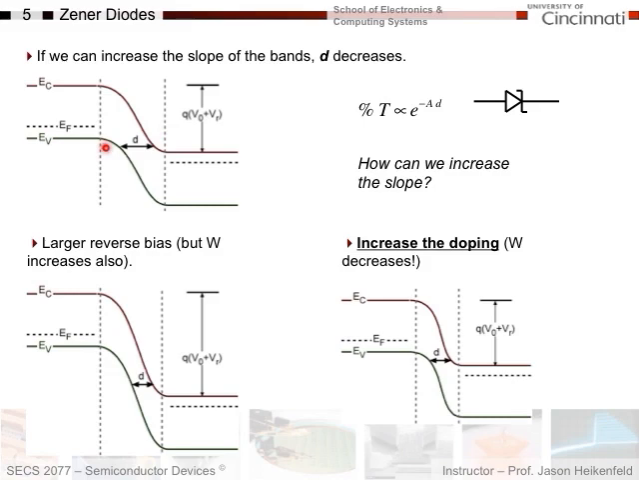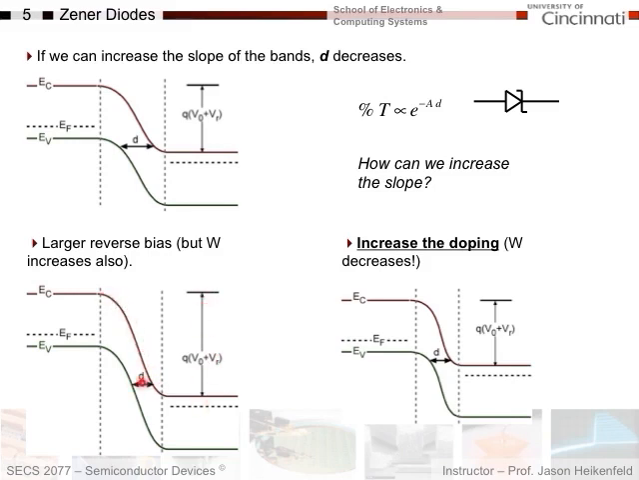So how can I basically make d small? Because if I make d small, the barrier width decreases and I've got a higher percentage of carriers which can get back and forth through this thing. Well, one way to do that would be to increase our reverse bias. So if I put more reverse bias on this, put this down, I get more slope here,